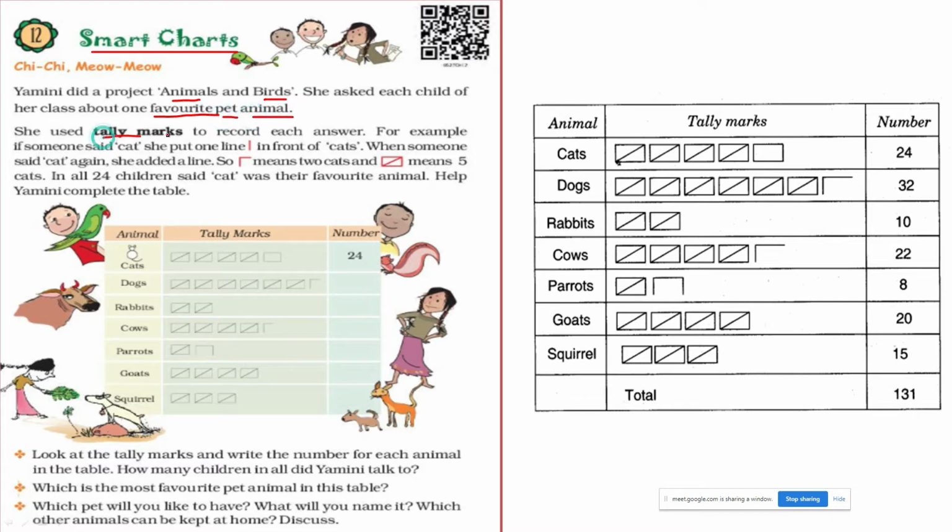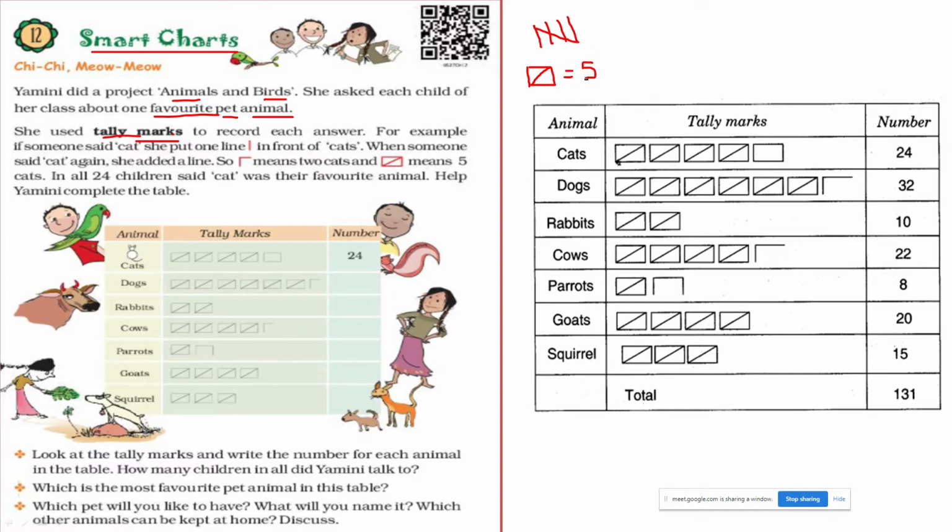She used tally marks. A tally mark is nothing but putting a line: this is 1 tally mark, 2 tally marks, 3 and 4. In olden days we were using tally marks like that. When it comes to 5, we cross it like this. But nowadays the textbook says that for 1 we must use it like this. For 2 tally marks you put like this. For number 3 you put 4, a complete square. For 5 you join diagonally. This means 5.